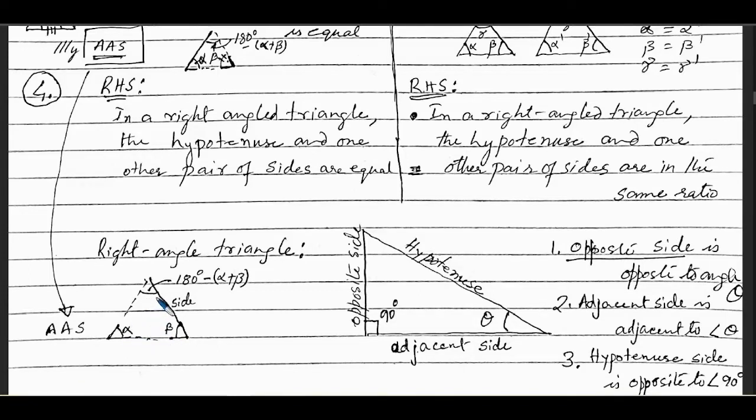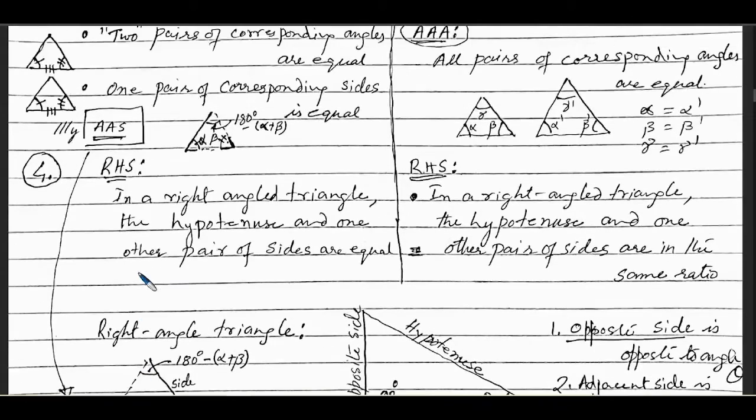So this angle will be 180 minus (alpha plus beta). Now you know alpha, and beta is given to you, so you know what this one should be. So now you convert this angle, angle, side to angle, side, angle. So if angle, side, angle is same for the two triangles, then angle, angle, side is also